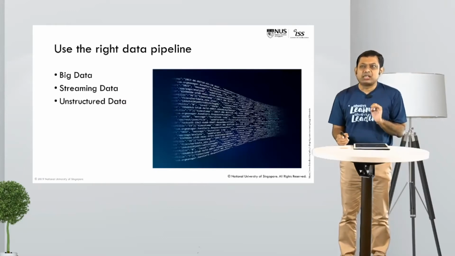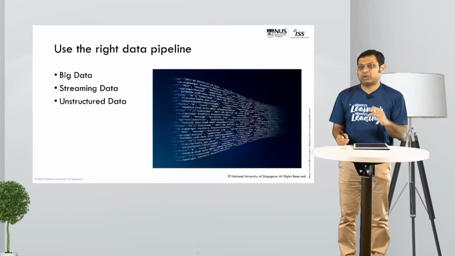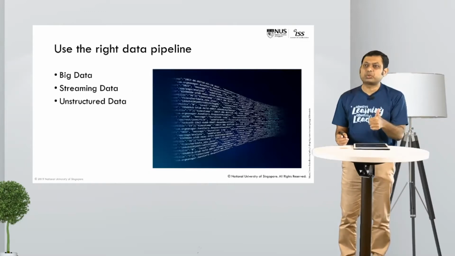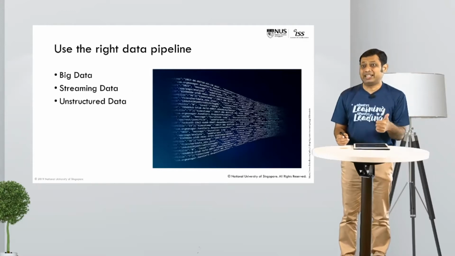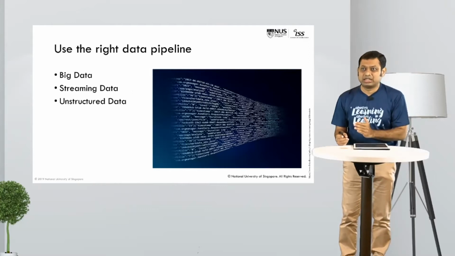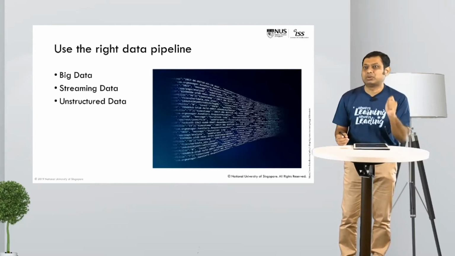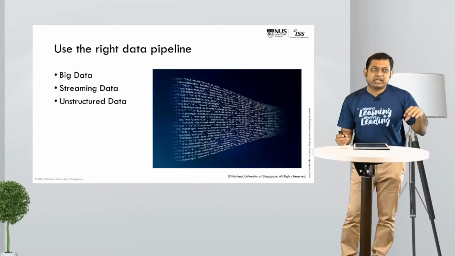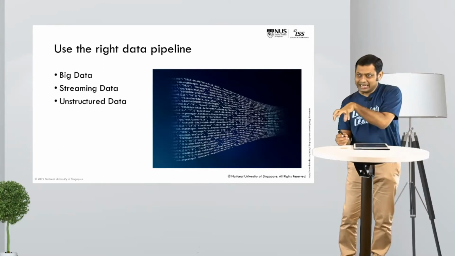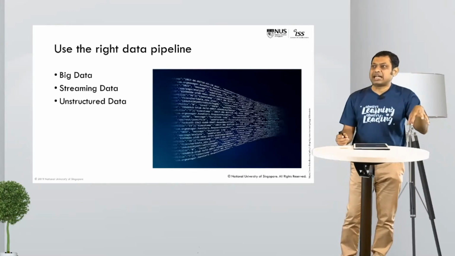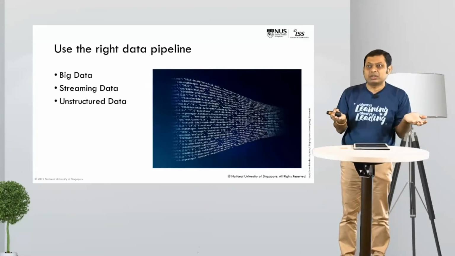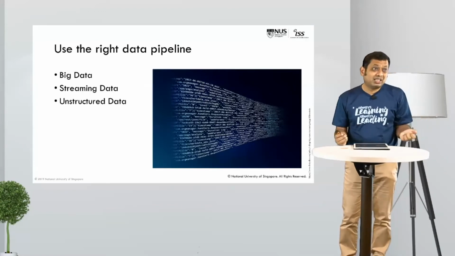Data also comes in multiple formats. So here's where I want to quickly talk about a few data types. The first one I want to talk about is big data. The media has got the term big data wrong. Big data is not equal to analytics. Big data is just one kind of data. If you have lots of data in multiple computers and you need to do parallel processing to be able to process all of that at one time, then you have big data.